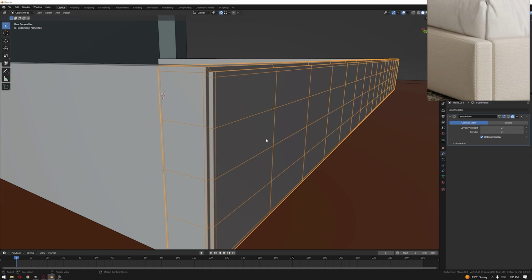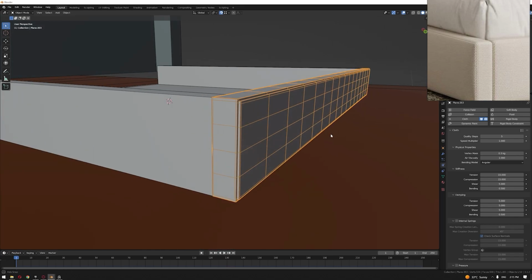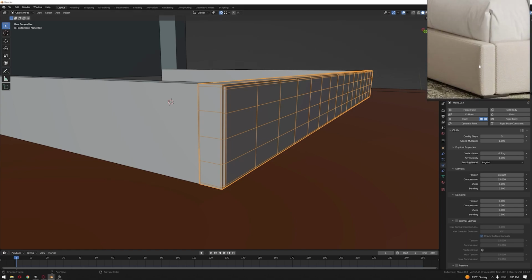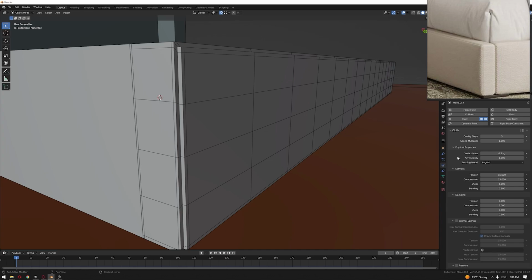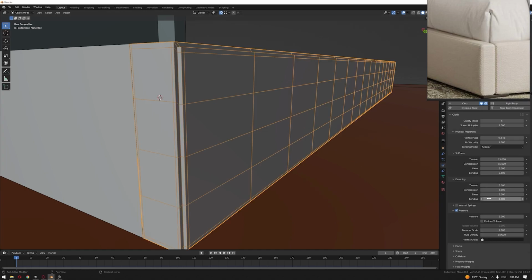Assign, and when we apply the cloth physics properties on top of the object, we now need to adjust our properties so we can have the same effect as we can see here. And inside the cloth properties, we're gonna set the pressure to 2, because basically we wanna have an inflation happening